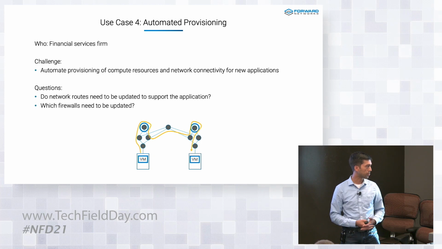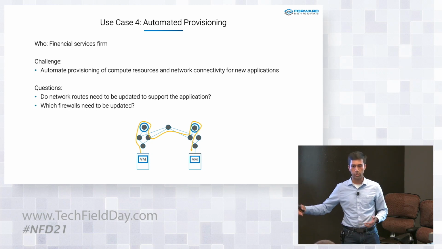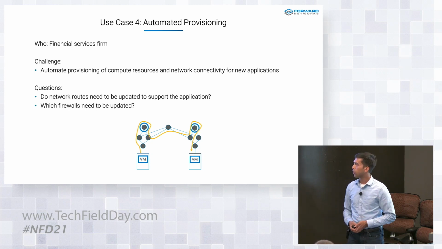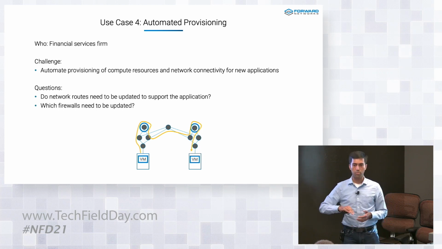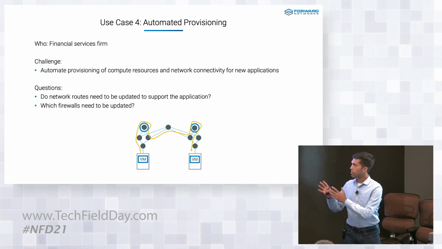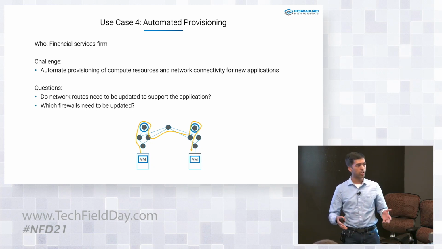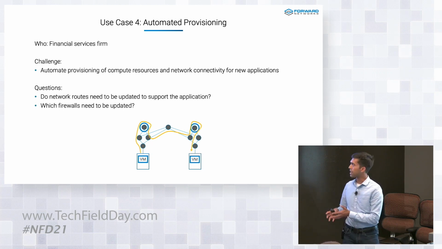for a new application. This doesn't always have to be a new application. It could also be an existing application that has some new dependencies, and you need to provision new traffic flows through the network to establish connectivity. Right? So they wanted to automate this entire process of provisioning both compute resources and network connectivity for these applications. Automating the provisioning of compute was something they already had built, but they didn't have an easy way to